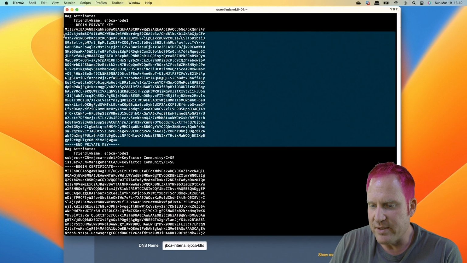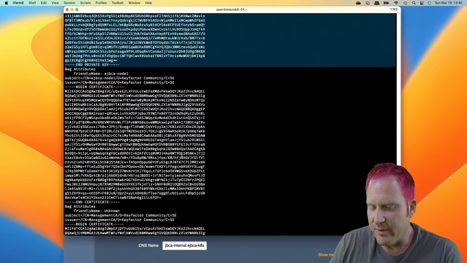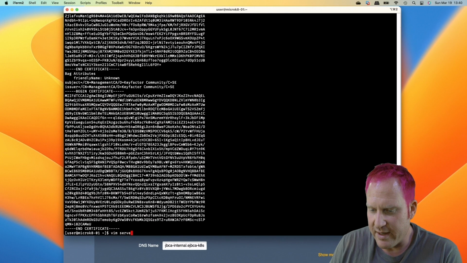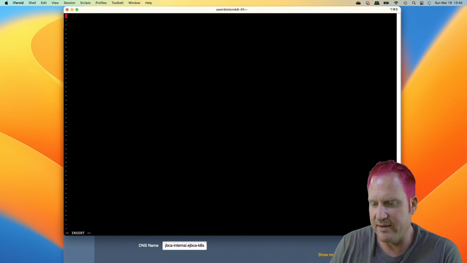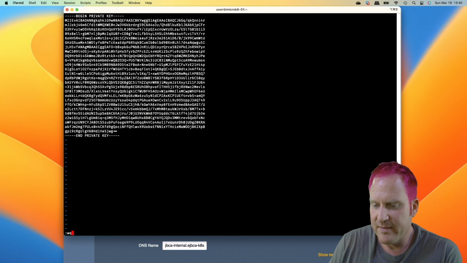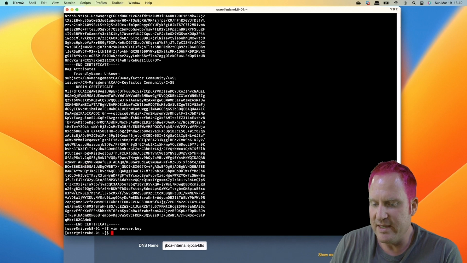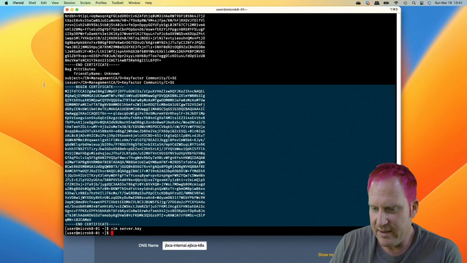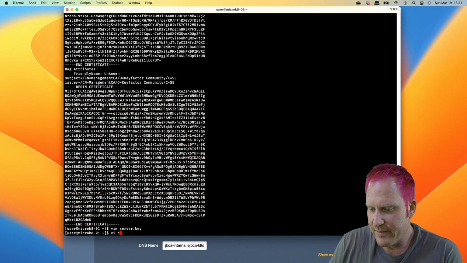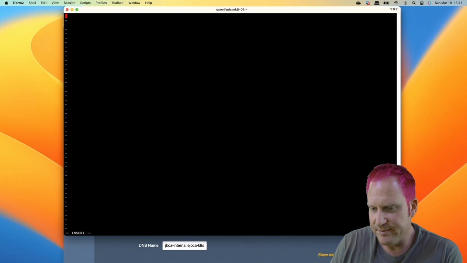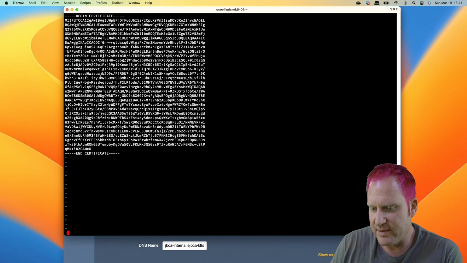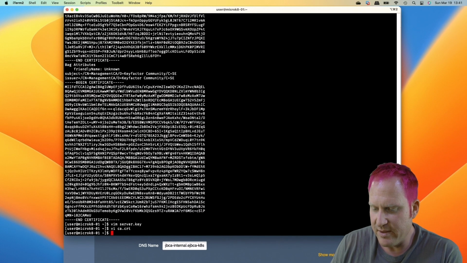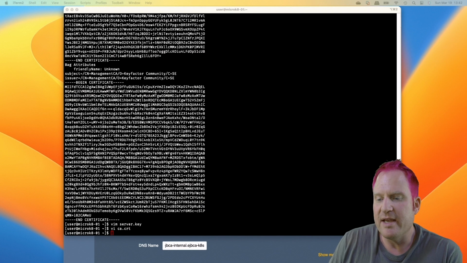Then we'll scroll up to grab the private key. And then we're going to create the EJBCA-node1.key, or server.key, sorry about that. Paste that in there, save and quit. And then we'll grab the CA cert, and we'll just call this one ca.crt. So we'll select that cert, and we're going to paste that in. Here we go. ca.cert, paste it, save and quit, :WQ,